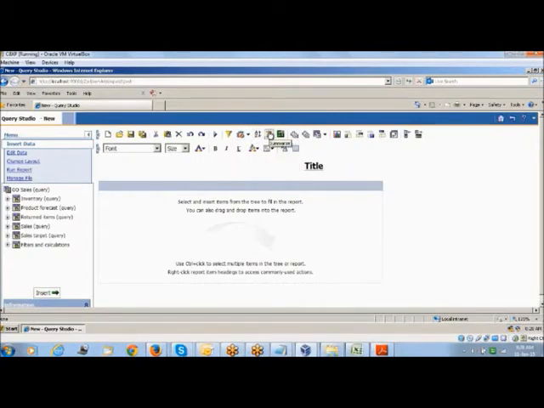Here we have the summarize function. In Excel also you can see the summarize function. So we can do some calculation using the summarize function. Then we have calculate. So we can create a new calculated item.